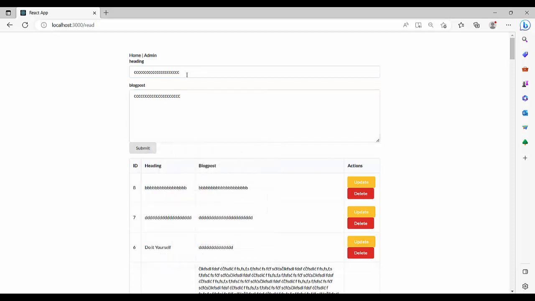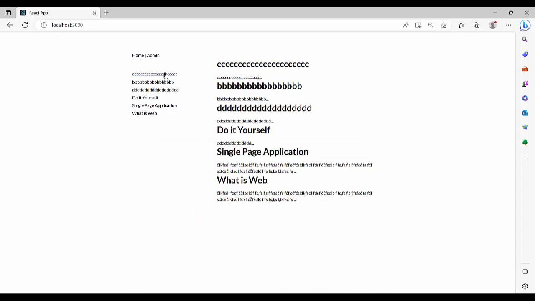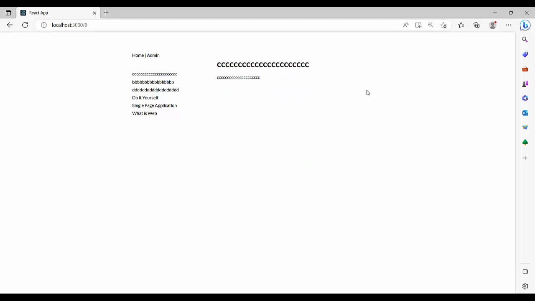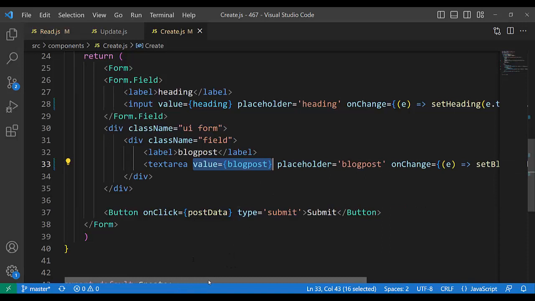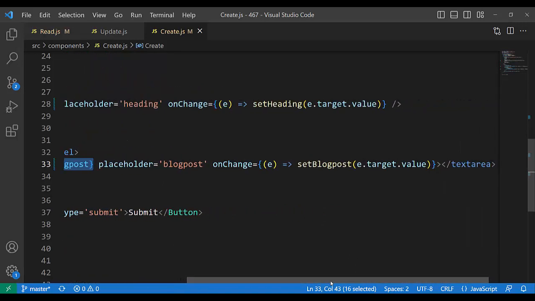See, heading, blog post, and when I click submit, we see that we don't need it, because set blog post is something that we declare up